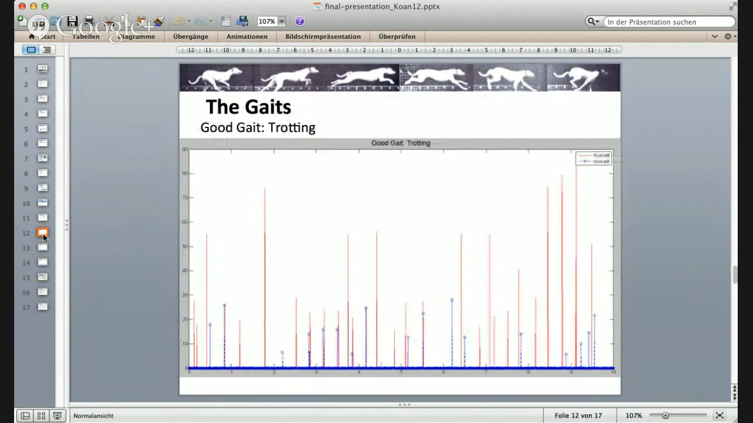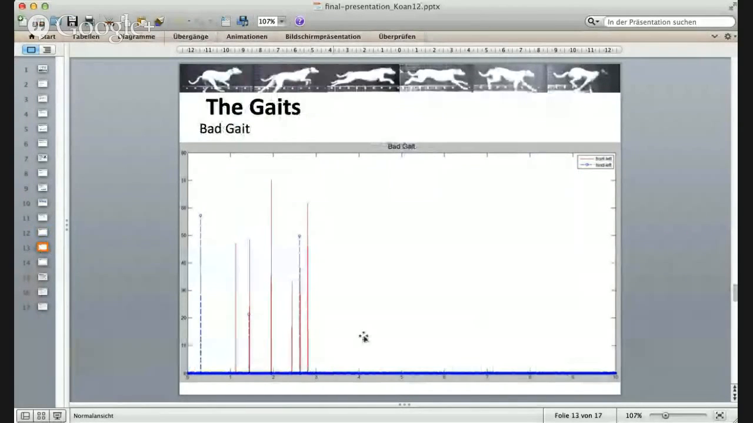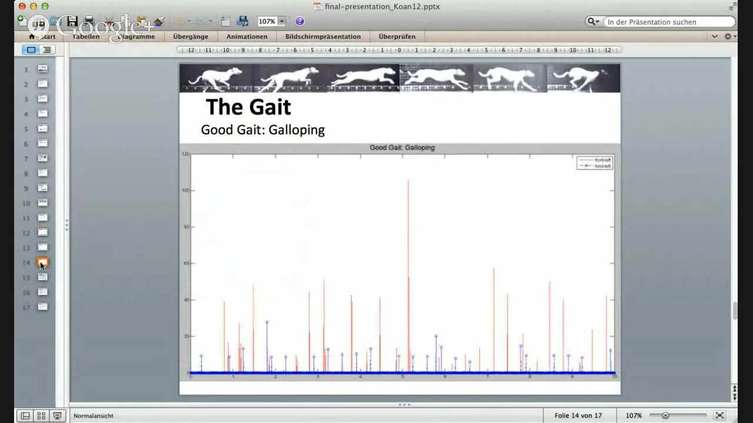So this is a good gait, like trotting, that has a kind of regularity in the pattern. This was a bad gait, it fell over, and then there was, of course, nothing left from the sensors. And this is galloping, another good one. And so he fed the